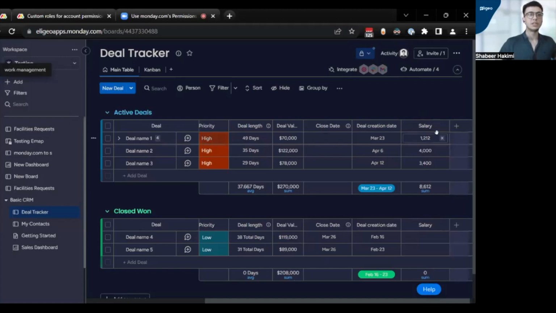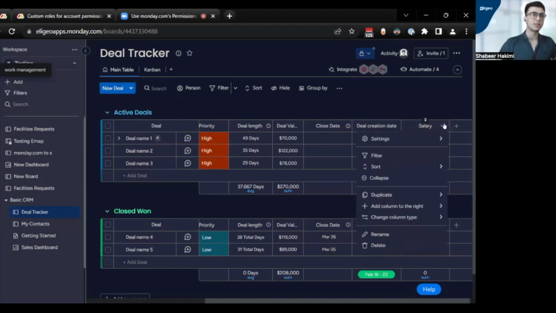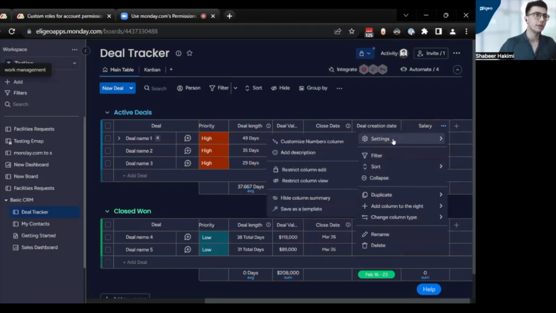This might be information that you don't want any other people to have access to. So you can just click on the three dots icon, and go to the settings from here, and you have two options. The first one is restrict column edit. You may not want any other people to edit this column, because salary is a really important column for you, or you may want to hide it from some other people. For example, I don't want any other people except Rashi to see this column, so I can